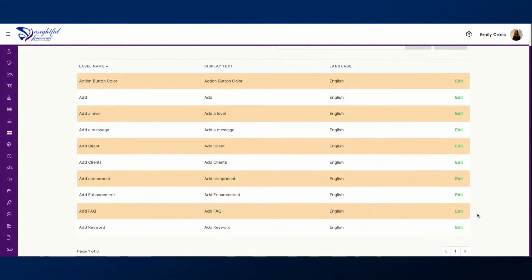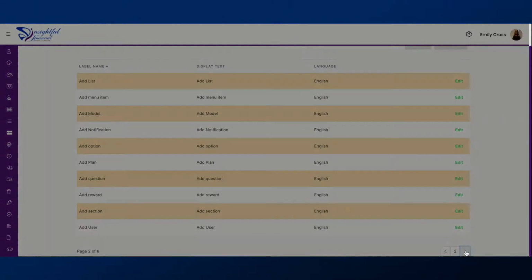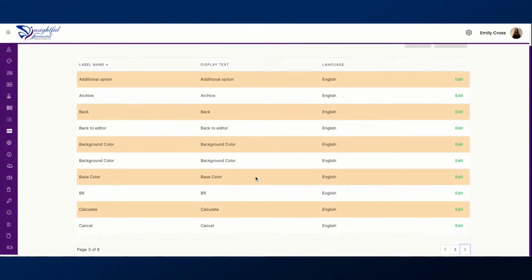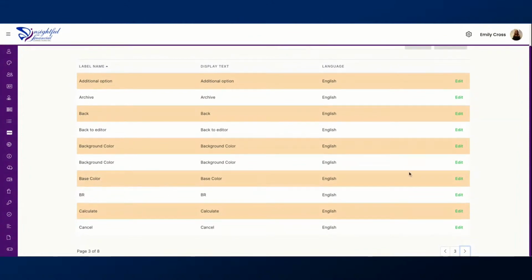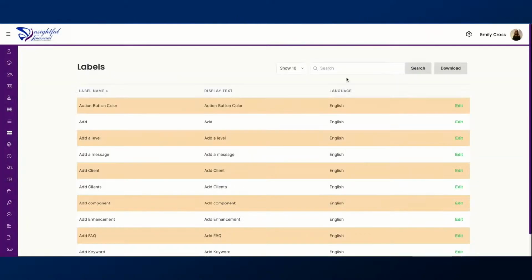So the way we do that, and I'm just going to pick one that I know that I can go and show you where it is afterwards. So this one here, base color. If I just click on the edit button, these top 3 boxes will be grayed out because you don't need to change those. They are stuff that occurs within the background of the software. All you need to change is the display text here, and that will just change what you actually see throughout your software. So if I just edit that and add the U because I am British, and then save,